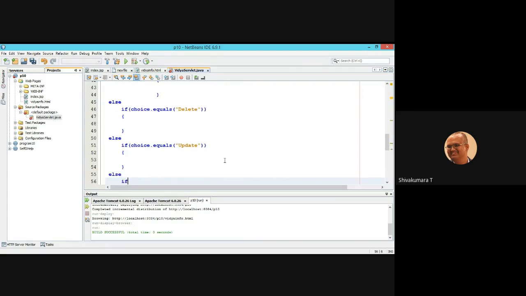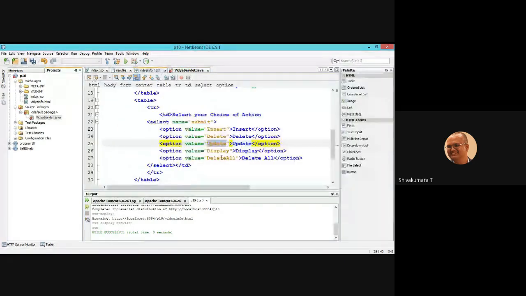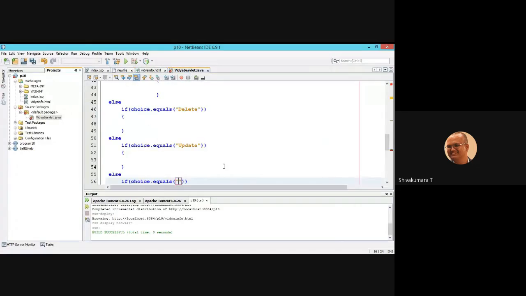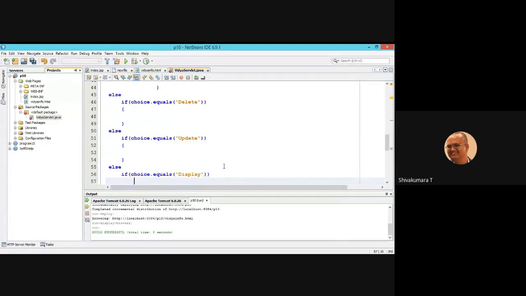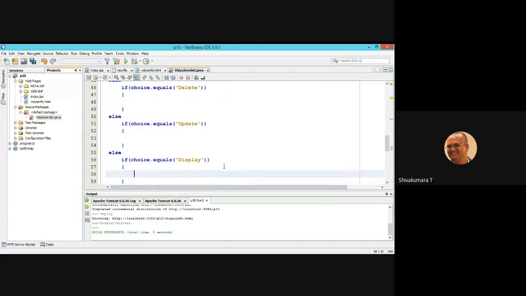Else if choice dot equals display block.